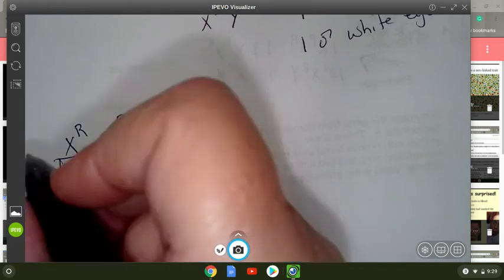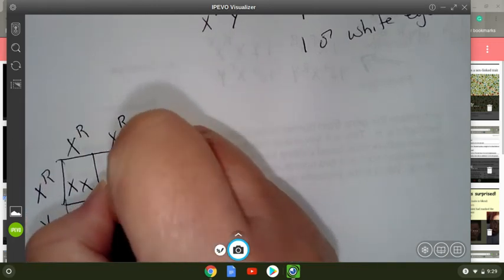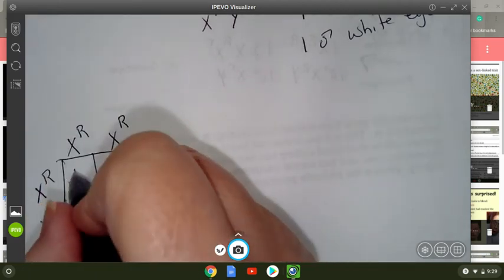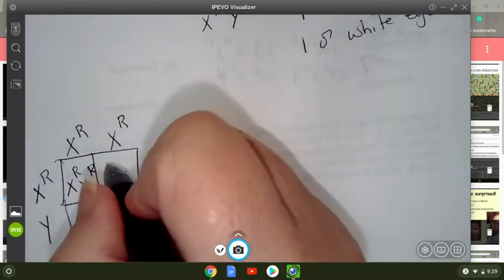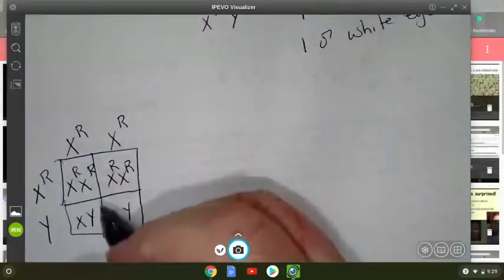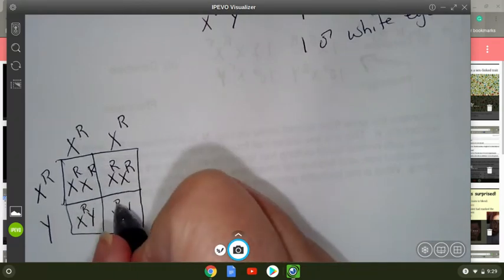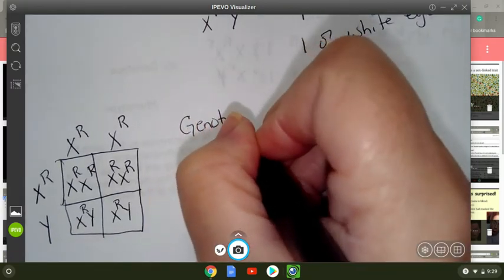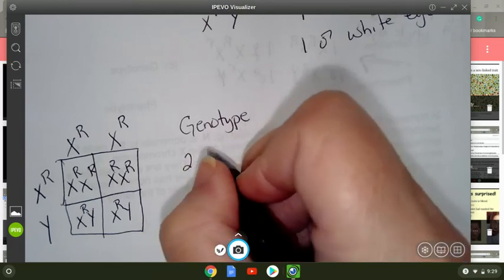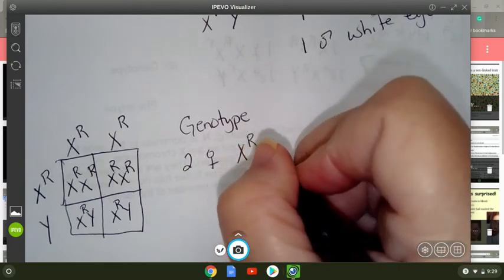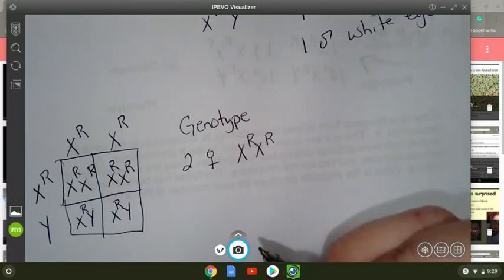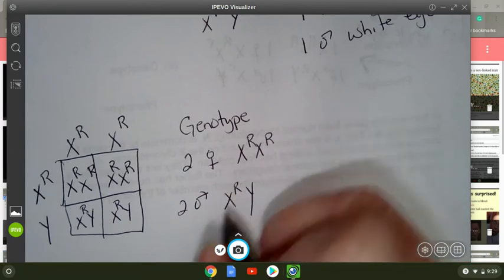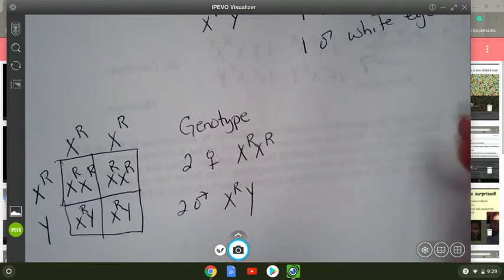Okay, so when I do this cross, I get two females and two males. So these go across: she has two big R's, and this female is big R. This male is big R, this male is big R. So they're 100% red-eyed for this particular cross. The genotypes are two females with the same characteristic trait, X big R, and two males with X big R, Y. Okay. So when we do the phenotype,